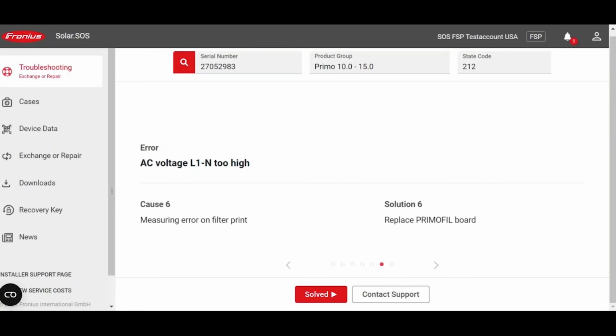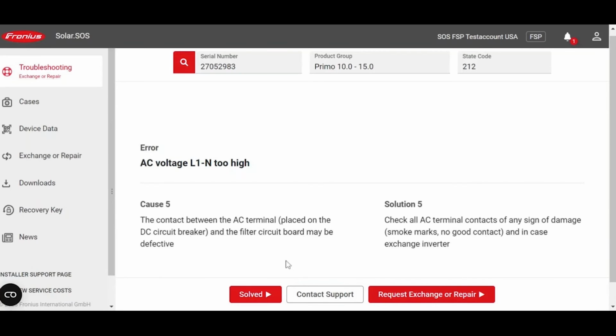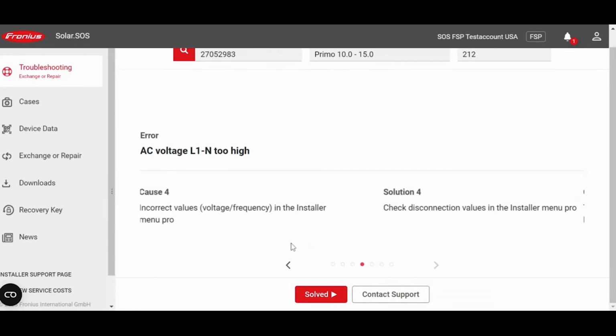So sometimes the filter prints can have issues. If that's the case, that filter board might need to be replaced. Or it could just be a measuring error on the unit. It could be something bad with the software or the internal measuring circuit, and you may need to replace the whole device. So this is really good for the troubleshooting, but you might be asking, well, I still have to